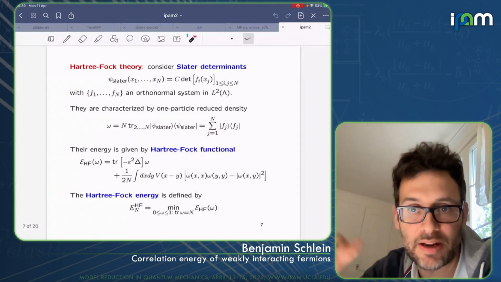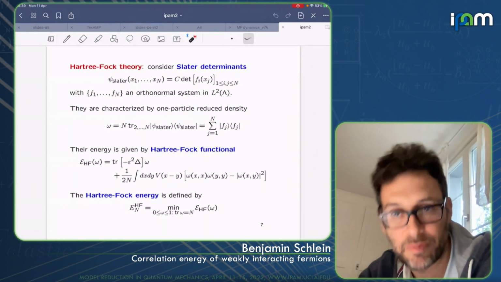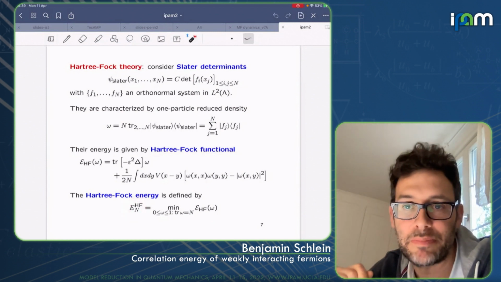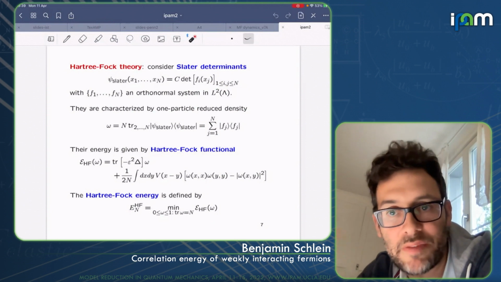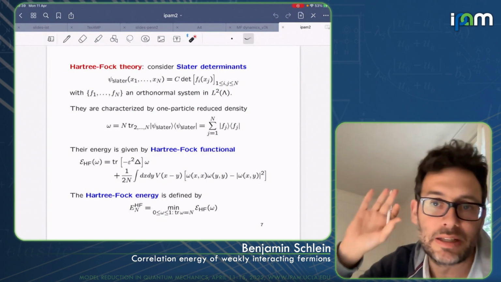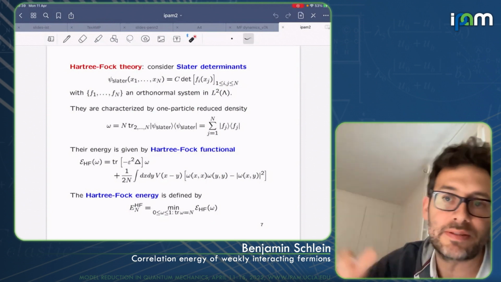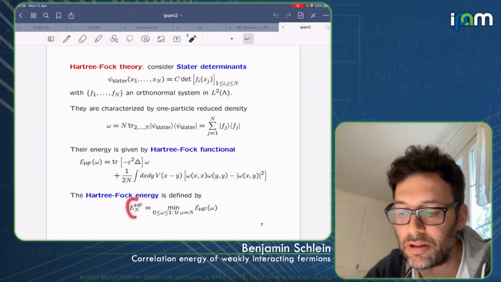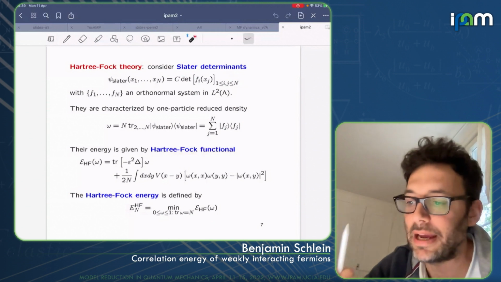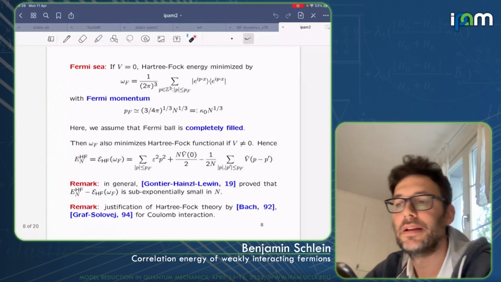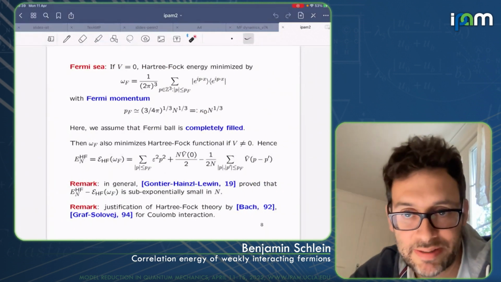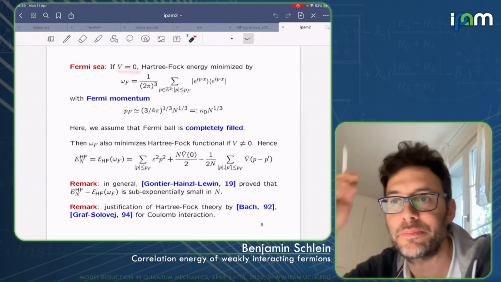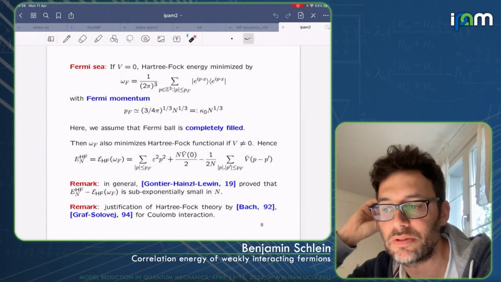Before looking at the relation with the many-body energy, which is the main focus of this talk, let's try to understand what we can say about this number here. Because after all, we are looking at a very simple system, right? We have a translation invariant system on this torus, in the mean field regime. So maybe one can say something more about this number here, and indeed we can. To understand how and why, let's consider first the case of non-interacting particles. So let's assume the potential to be 0.